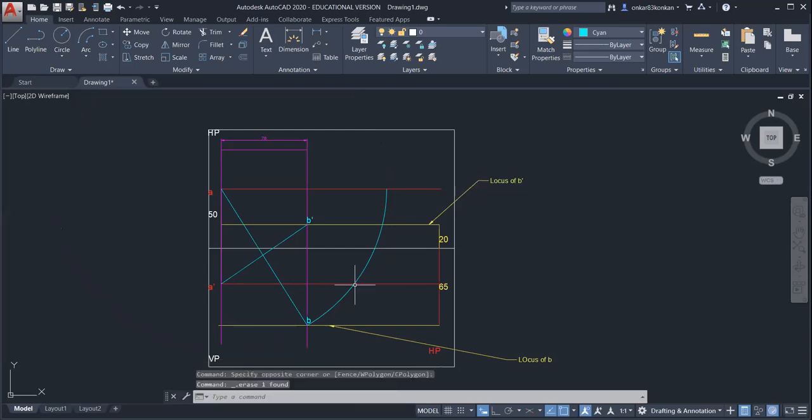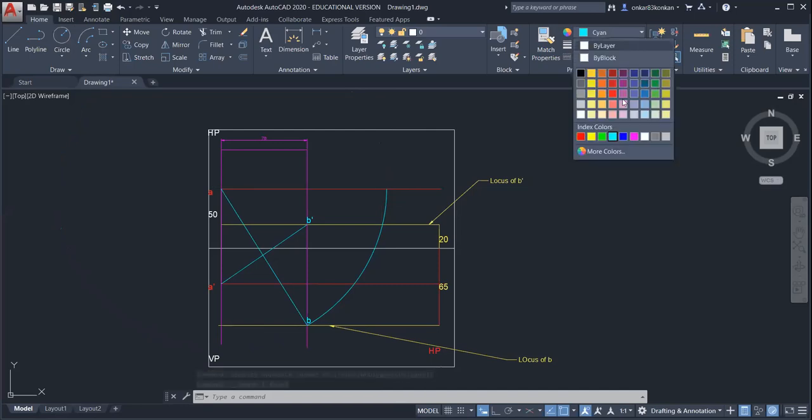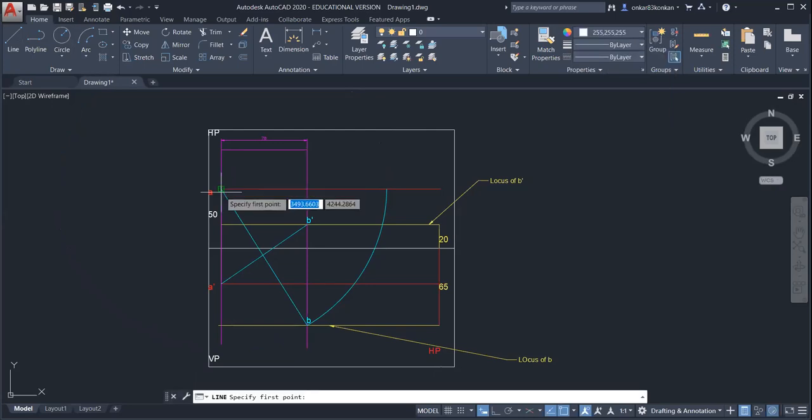So you have to draw this arc. So you will get the plan length. So this is the plan length.